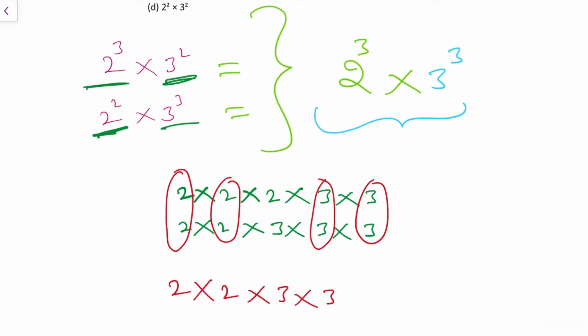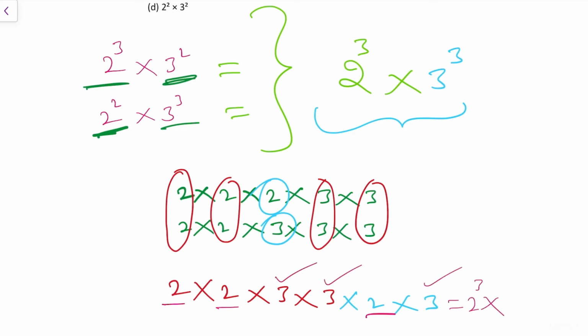Now whatever extra numbers are there, all those extra numbers also we need to write. That is, here 2 is extra, so into 2. Here 3 is extra, into 3. So now if we observe this final product clearly, 2 is there one time, second time, third time. So it will be 2 power 3. 3 is there one time, second time, third time, so 3 cube. So our LCM is 2 cube into 3 cube, same as the first case. Both methods will definitely give the same answer. So whichever you feel is easy, always stick to that method only.